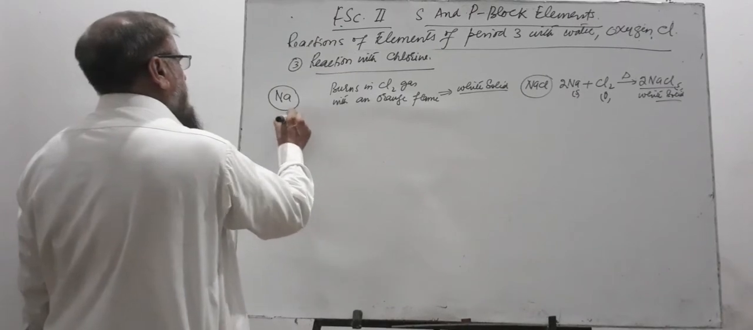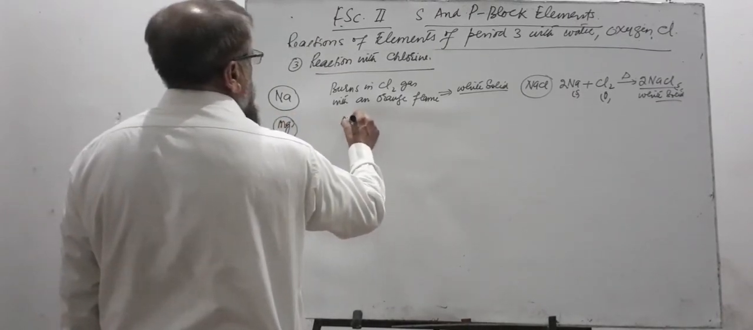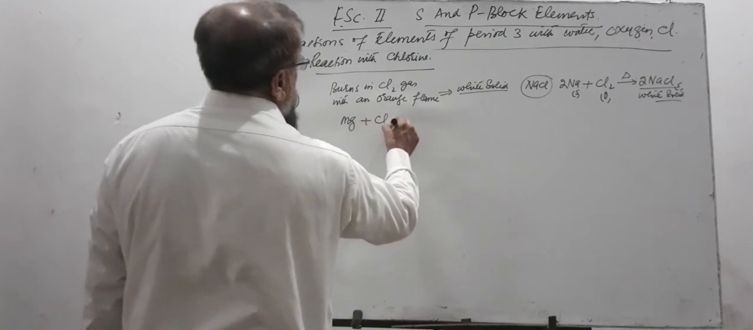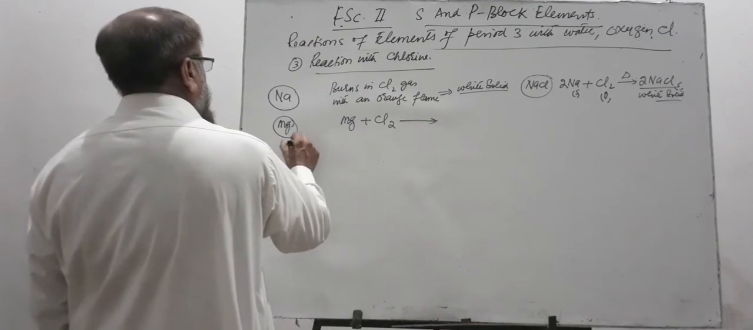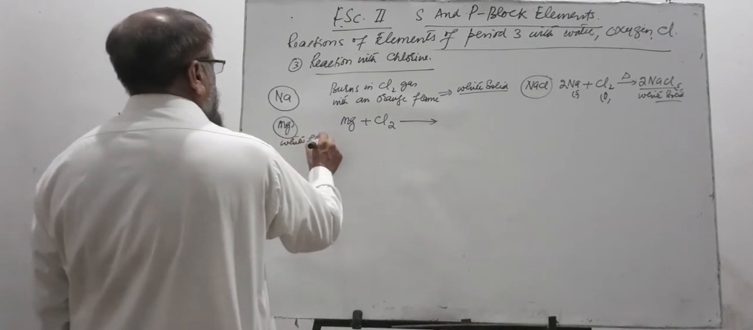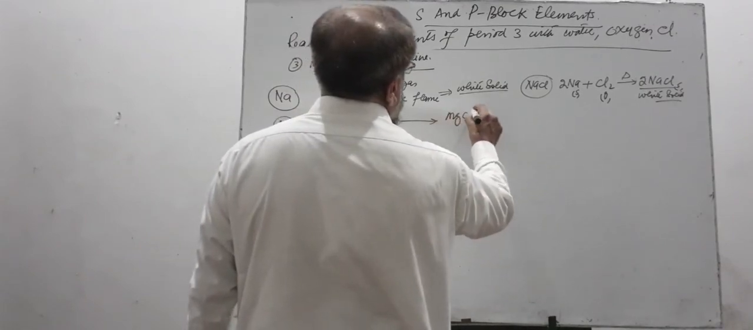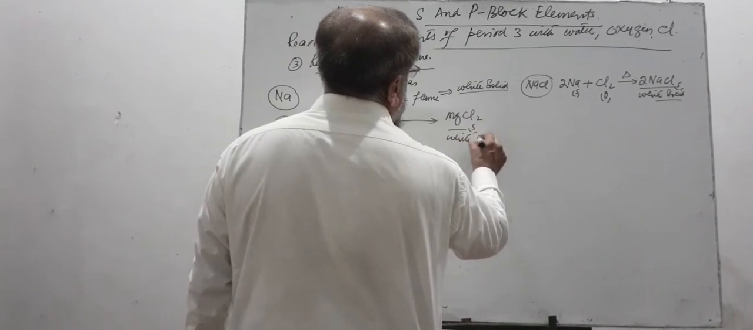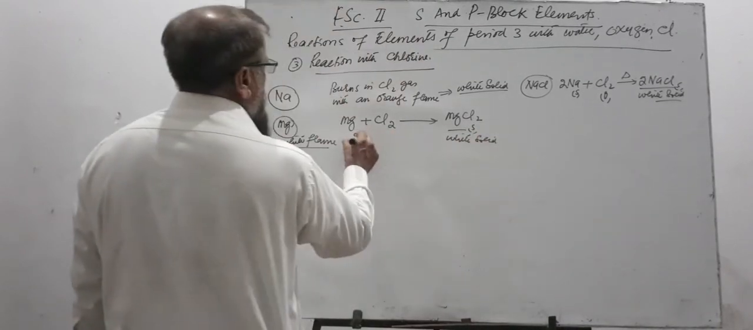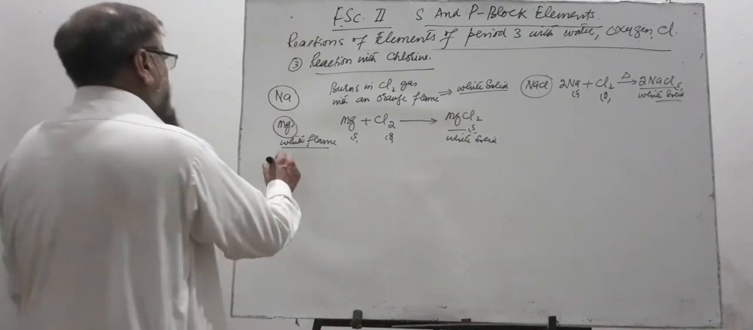Magnesium reacts with chlorine, it burns with a white flame in chlorine and produces a white solid, magnesium chloride. Magnesium solid, chlorine gas, and we get magnesium chloride, white solid. Aluminium,